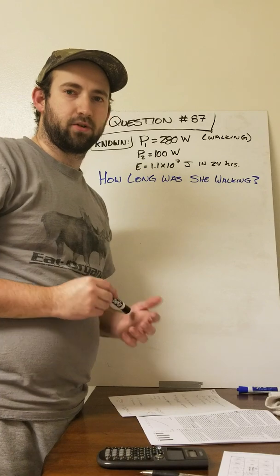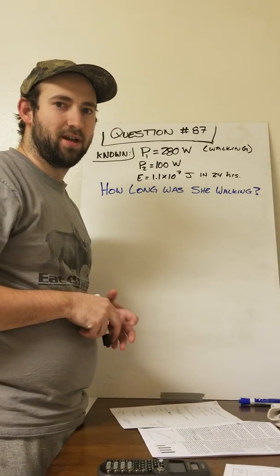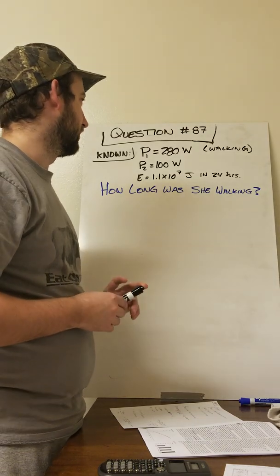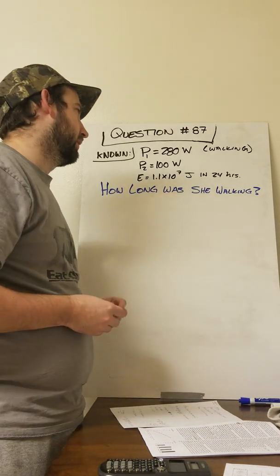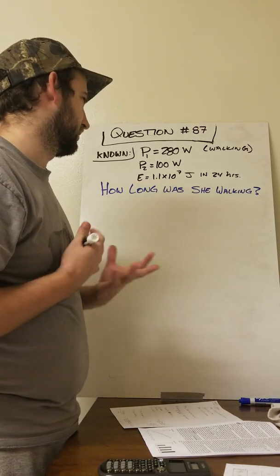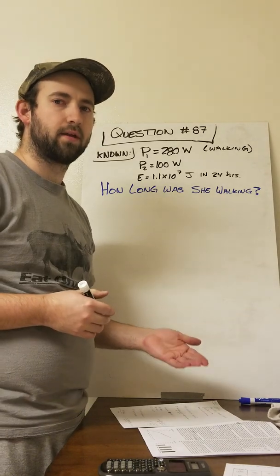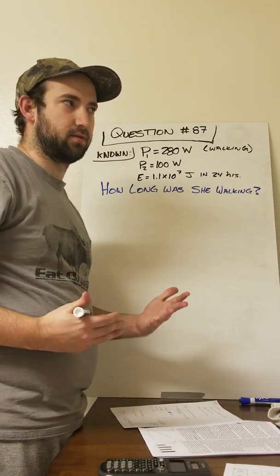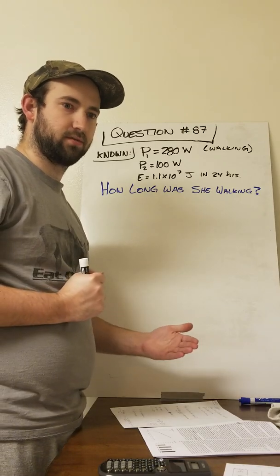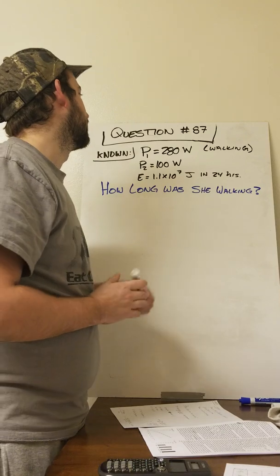Everyone, I'm going to be going over question 87 from the Chapter 6 Bingo questions. Now this problem is talking about this physics student, and it talks about the power or rates of power that she's using throughout her day and the energy that she uses in a full day, and then it wants to know how much time she was doing a certain activity based on that given information. So first of all,